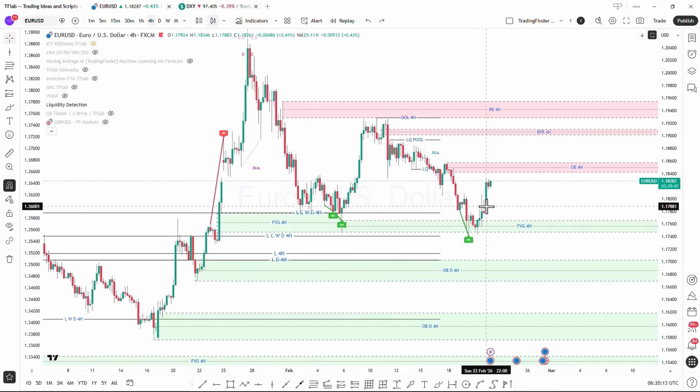At the start of Monday and the opening of Asian markets, there was a bullish displacement move. It is expected that the bullish trend will continue and enter the bullish order block zone, which is one of the factors behind the price movement and the weakening of the dollar against the euro.